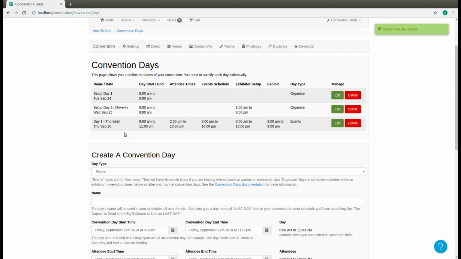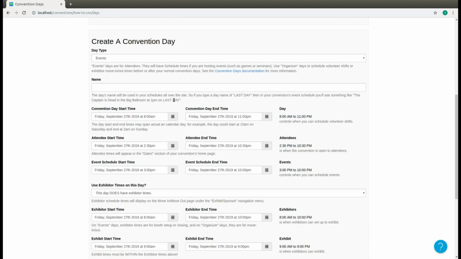Day 1 Thursday with staff on site from 8 a.m. to 11 p.m. Exhibitors can be in the exhibit hall from 8 a.m. to 10 p.m., and attendees can be in the venue from 2:30 p.m. to 10:30 p.m., and exhibitors can exhibit from 9 to 9. So now I'm going to create my next